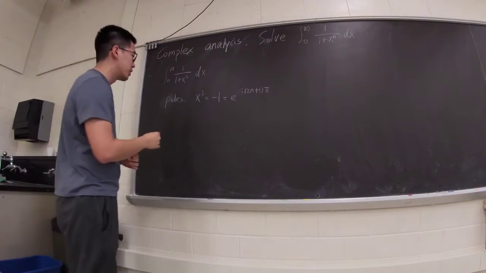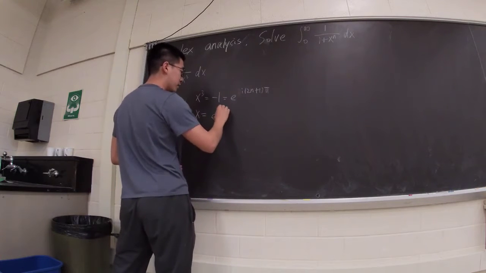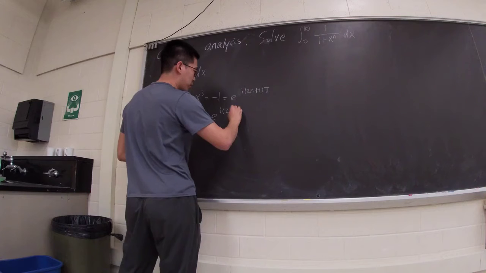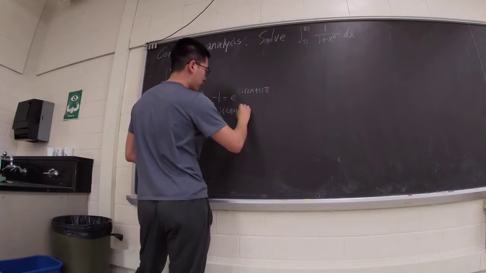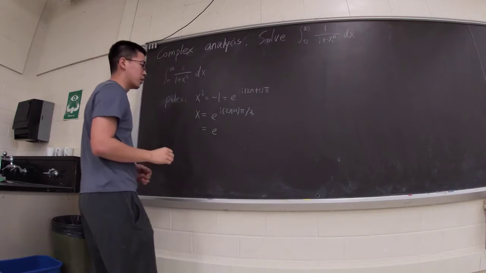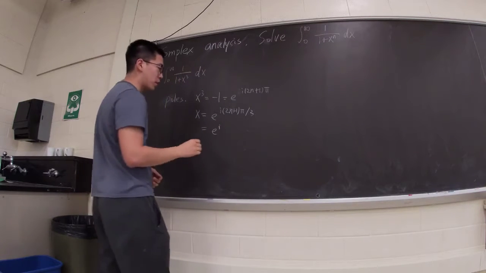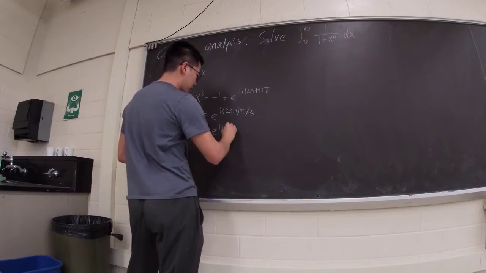A different way to express the same thing is negative (2n plus 1) pi divided by 3. If you're in the contour plot, in the complex plane, you will have pi over 3,